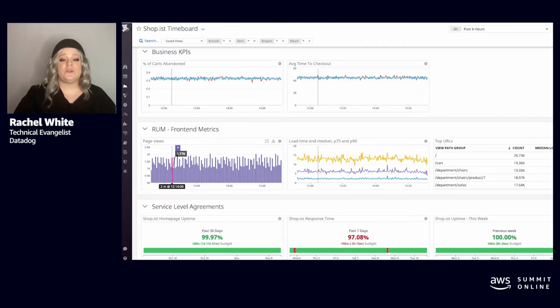Adding metrics allows you to, for example, know how many shopping carts have been abandoned and how long it's taking people to check out. You can also see something that's once removed from serverless, but is potentially a big part of the experience of deploying serverless applications, which is real user monitoring. Potentially, if you deploy a serverless application, you want to know what your end users are experiencing. This is circling back to what is the business value that our software is delivering, and what are the trends for the underlying value that we're delivering to our customers.